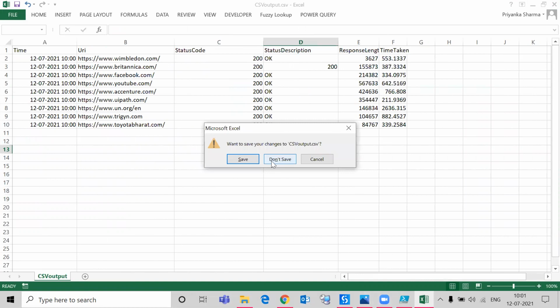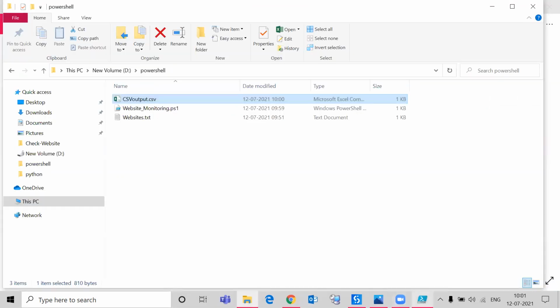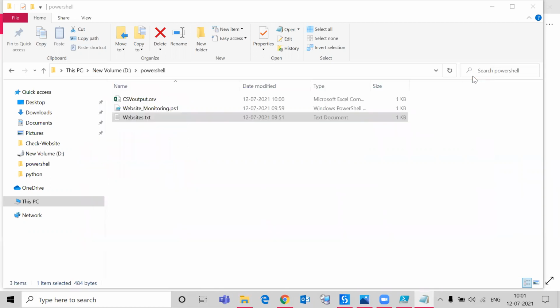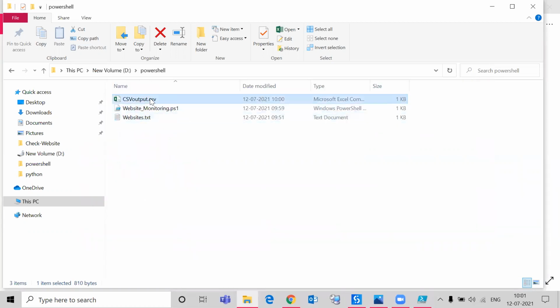So I'll add a few more dummy websites so that we can get an even better output, so that we can get the response of websites which are down, or which are not giving the proper 200 response. So I'll just put some dummy URLs. The status code for these particular websites will not be 200. So I have customized the list. I have added two more list items. So I'll delete my output file.